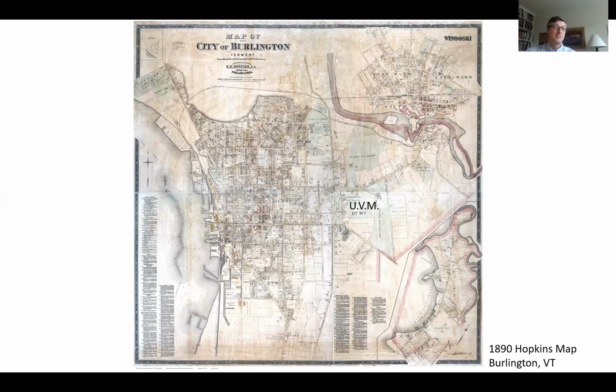Now, before heading out to find kit houses, it's useful to think about your community and identify the areas where you're likely to find them. Generally speaking, they'll show up in the neighborhoods that were developed in the late 19th, early 20th century, adjacent to older 19th century downtown core areas. For example,